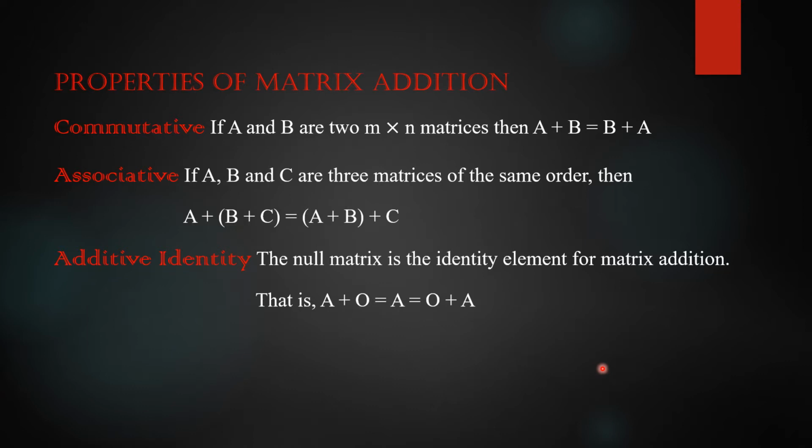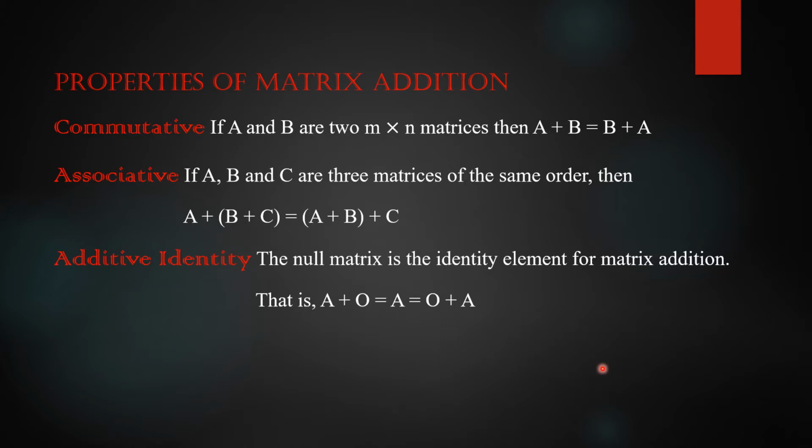Obviously the result will be 0, because 1 plus 0 will give us 1, 2 plus 0 is again 2, 3 plus 0 is 3, 4 plus 0 is 4, and so the number will be unchanged. So in that case, that 0 is called the additive identity. Additive identity means identity with respect to addition, that is called additive identity. So in the same concept, in the same manner, what is the additive identity element, that is, what is the additive identity matrix in matrix theory?